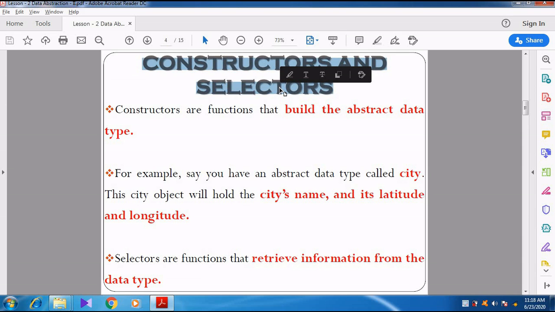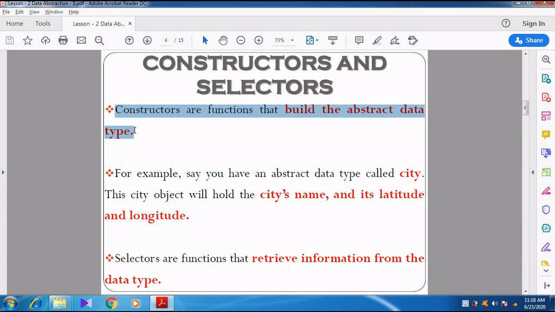What is meant by constructors and selectors? A constructor is a function that builds the abstract data type.